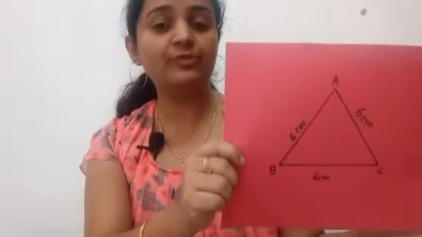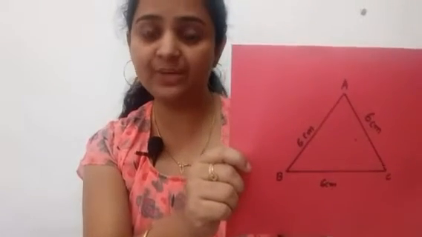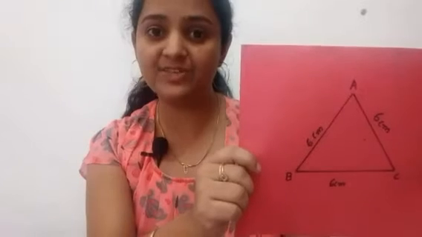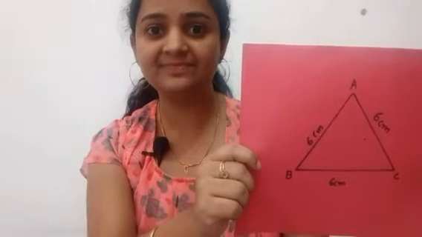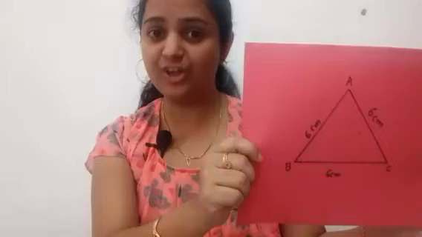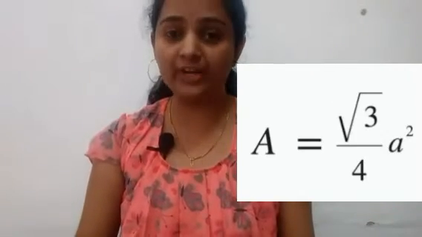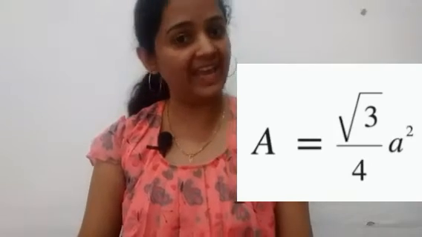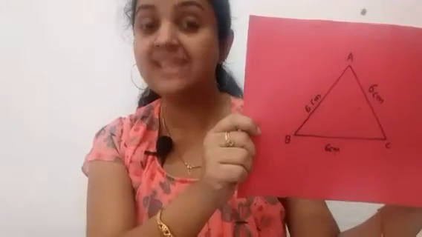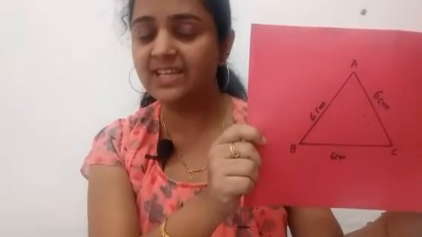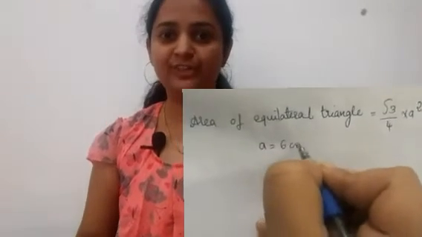You know the area of equilateral triangle, the formula of equilateral triangle. What it is? Yes, that is area of an equilateral triangle is equal to root 3 by 4 into a square, where a is one side. Here a is what? 6 cm, isn't it? So substitute the values in that and find. I will also do with you.